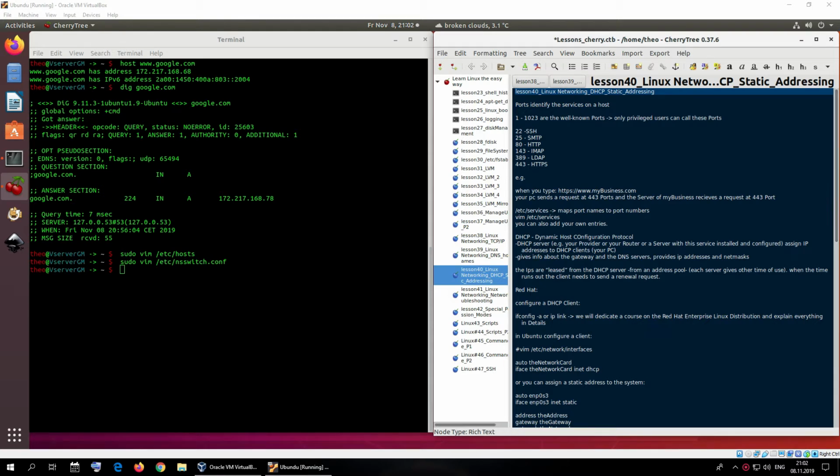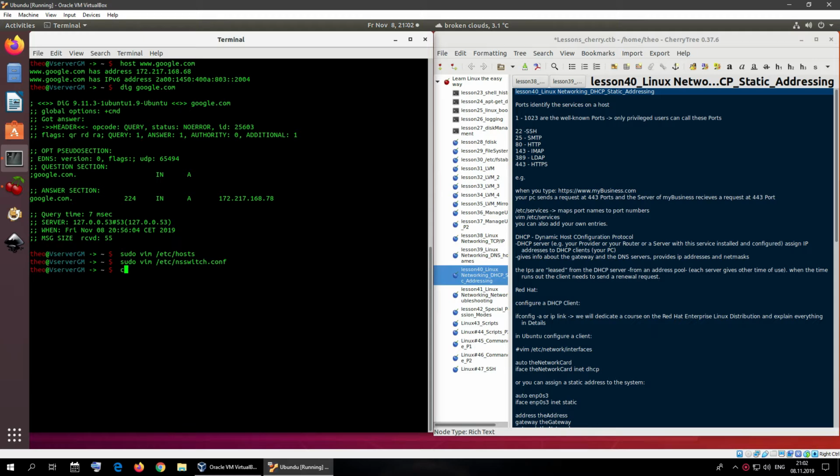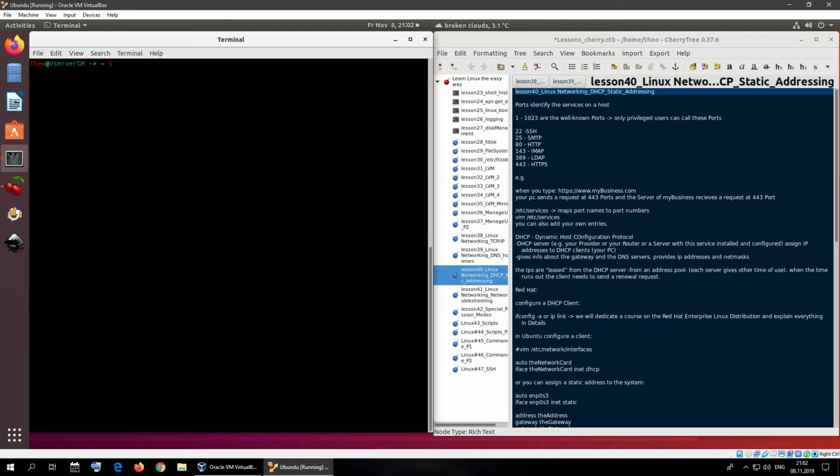So some ports to identify the services on a host are the following. The ports from 1 to 1023 are the well-known ports, and only privileged users can call these ports. For example, port 22 is SSH, to connect with other systems in an encrypted way. Port 25 is SMTP, Simple Mail Transfer Protocol. Port 80 is HTTP, port 143 is IMAP,